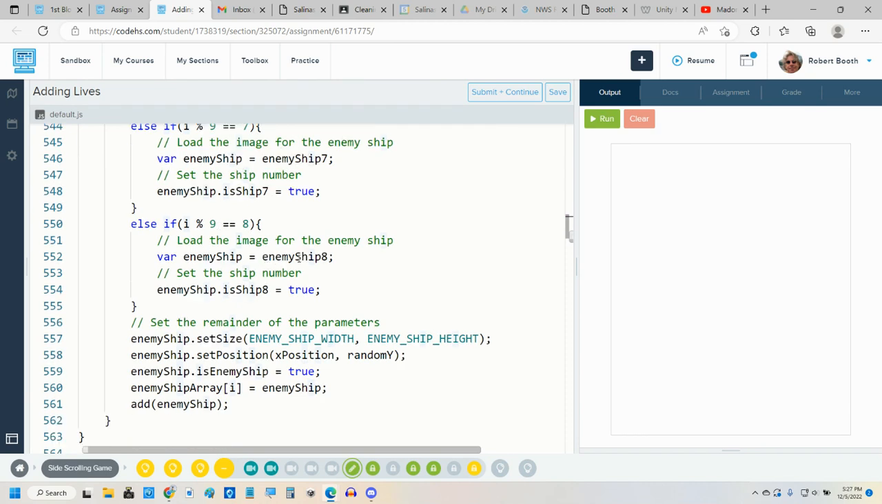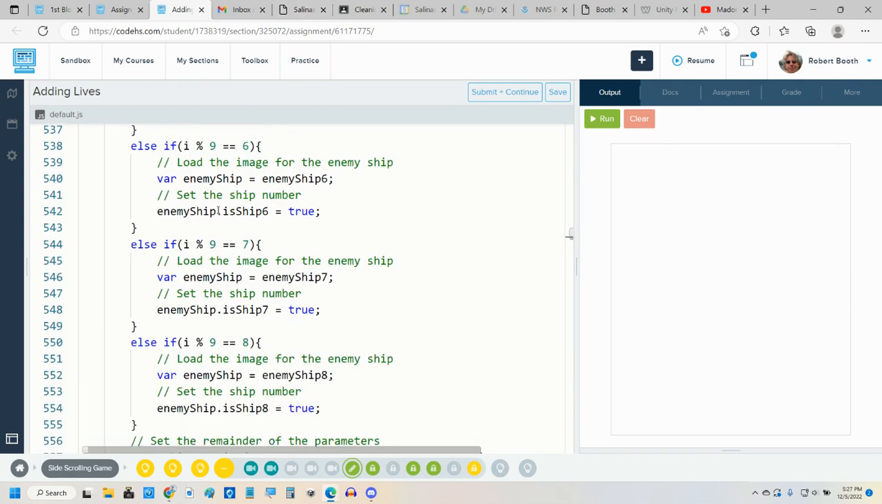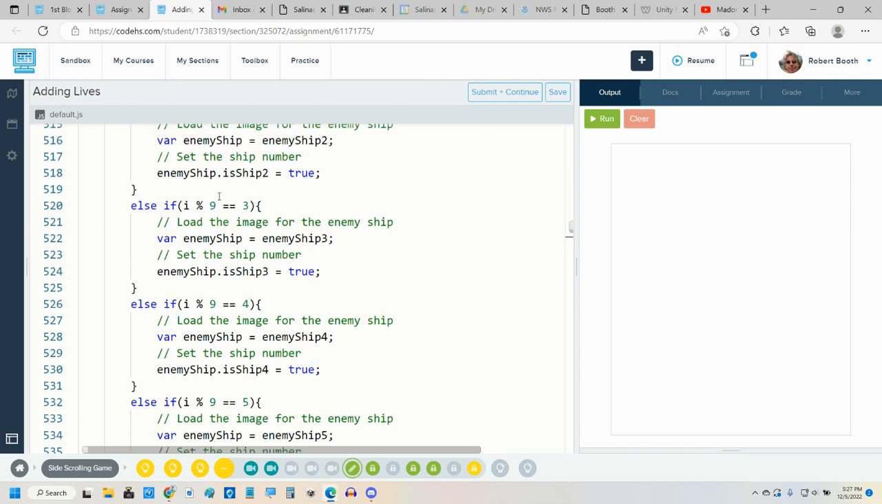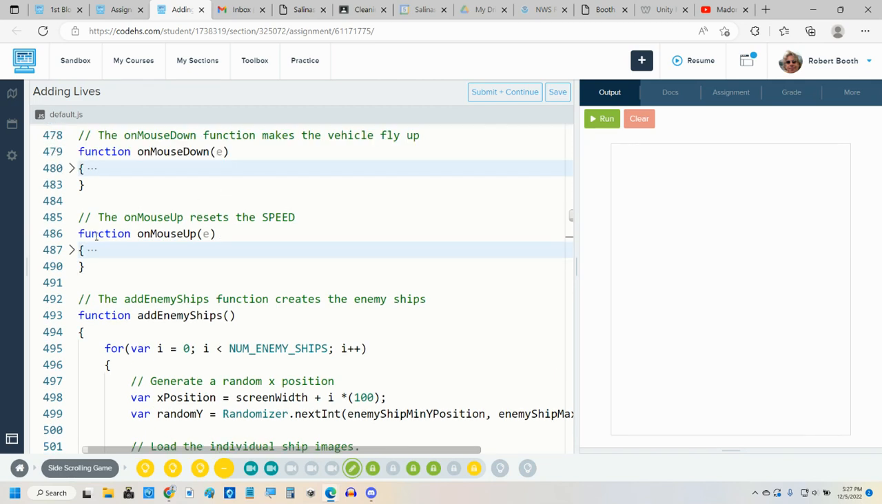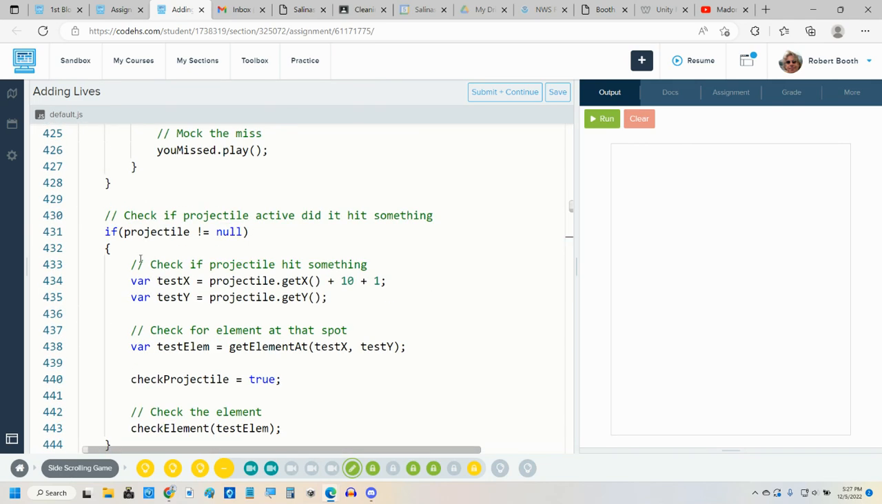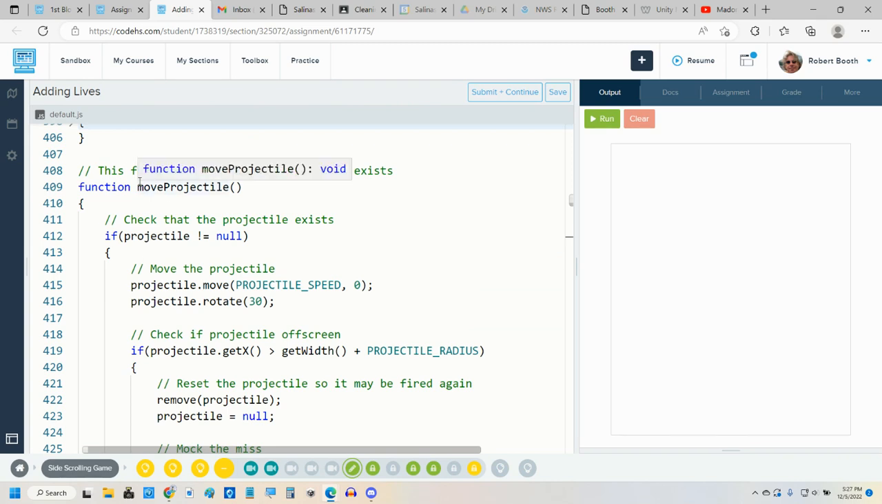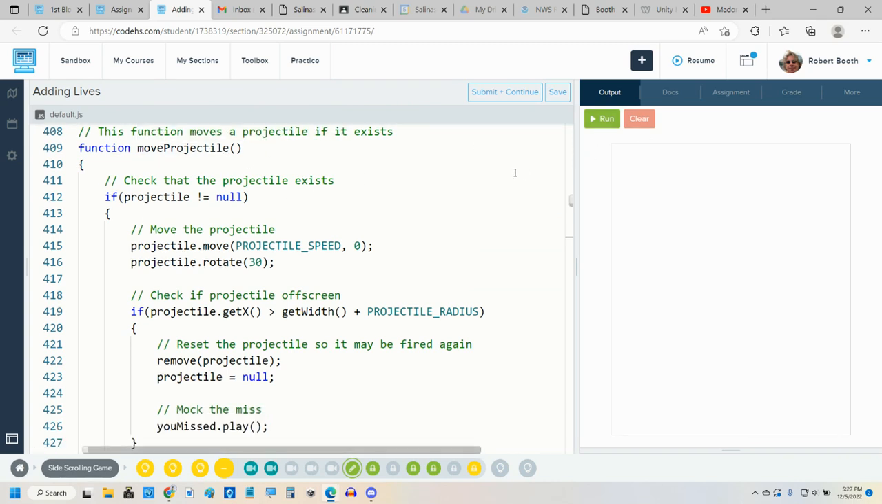We've now stored, when we're creating each enemy ship, which ship number they are in each individual ship that gets stored in the enemy ship array. Now, from here, we need to go follow a little path. If I go back up a little bit here to the moveProjectile function, I want you to imagine, we're on the screen here and the player has fired a